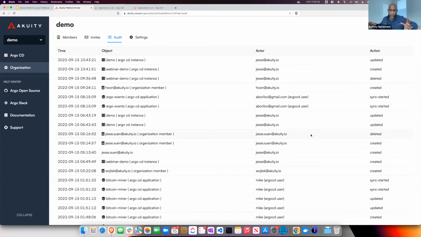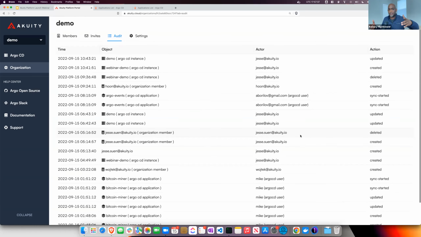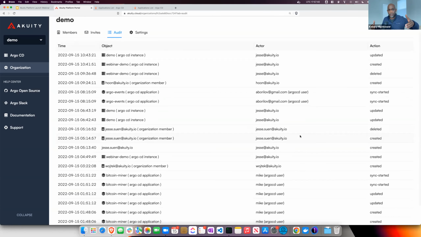Now, for those that are new, I'm going to have some questions here too. I'm guessing this is like, hey, people are kicking off Argo CD runs. These are other automation tools. It could be something that people kick off on instance or people using the platform directly. Is this audit log telling you that there have been people updating, creating jobs? Is that to try to give visibility? I would imagine this becomes even more important once you start having multiple clusters that are kicking off and executing these jobs. Is this what that's for?